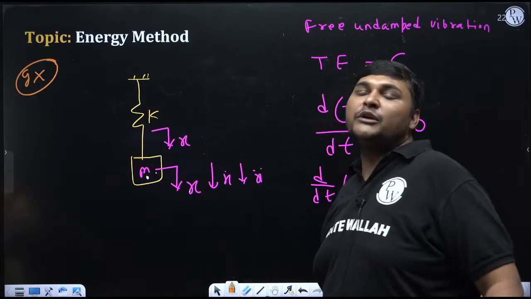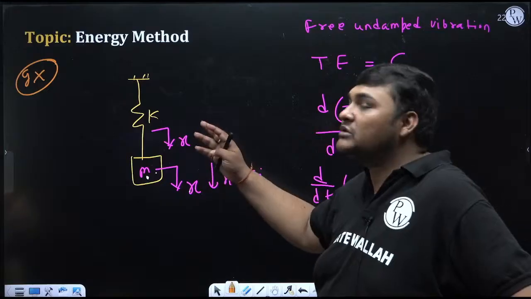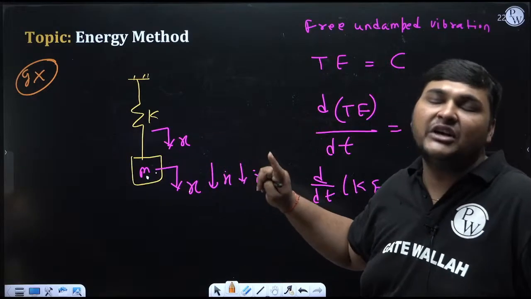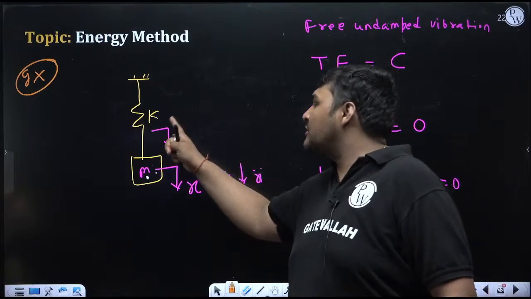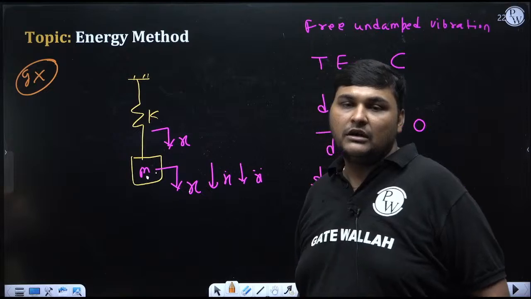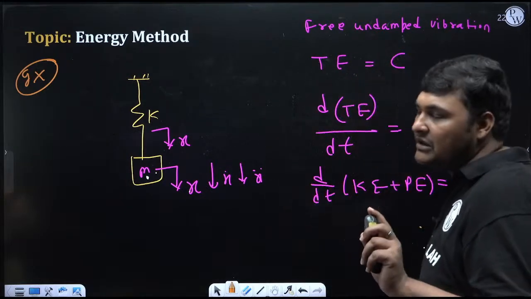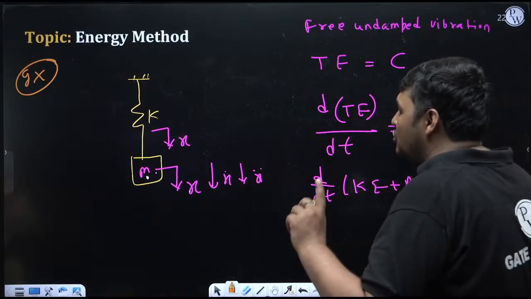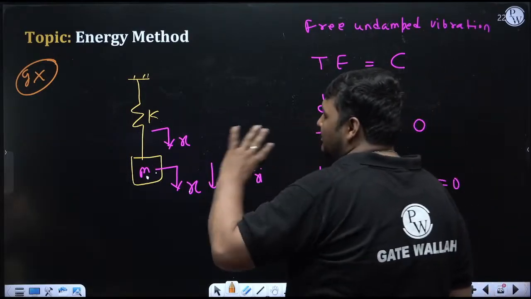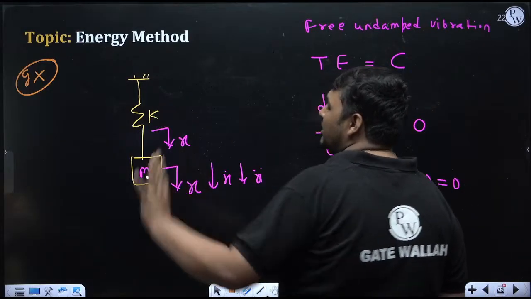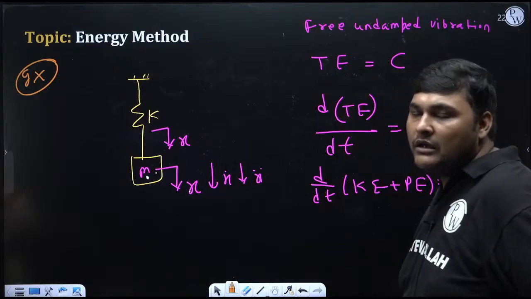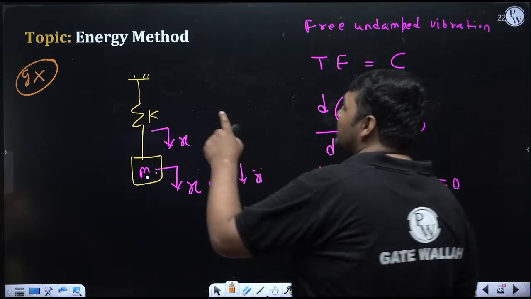Similarly, when you are calculating potential energy due to the spring, don't focus on the static deflection of the spring, that is delta. Focus on the deflection of the spring from the mean position. It is a little bit complicated, but try to understand. I am not going into the detailed derivation. What I am saying is, if there is no role of gravity in restoration, just think simply: don't consider weight and static deflection. That's it. So here I will only calculate potential energy due to the spring,